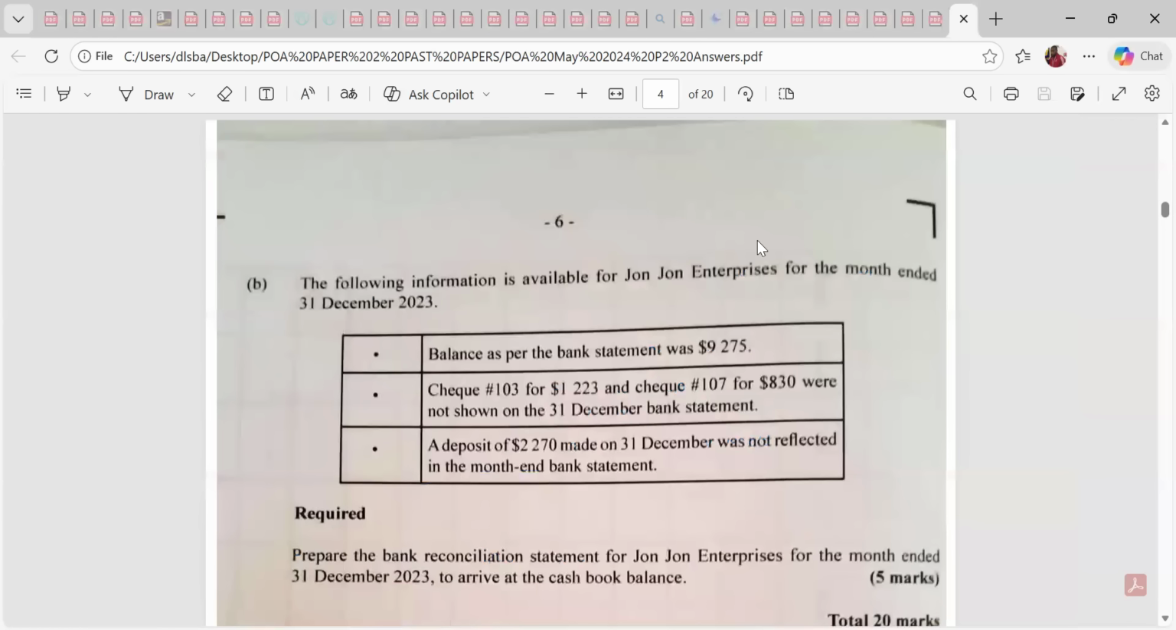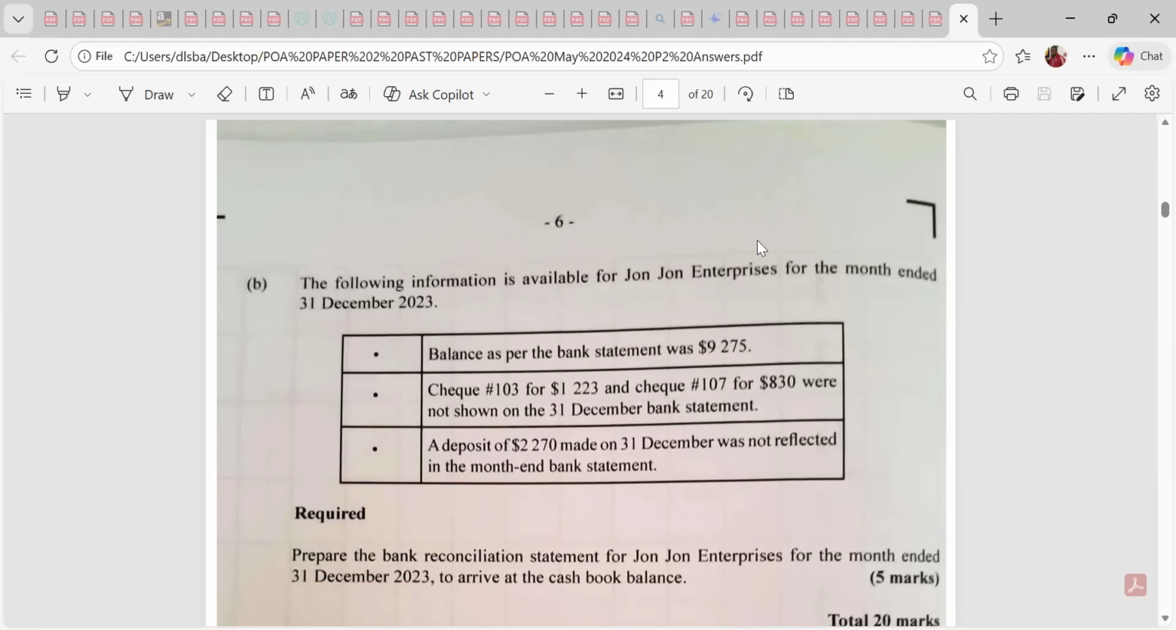All right. The following information is available for John Enterprise for the month ended 31st of December. As soon as I see balance as per bank statements, I know there's going to be a bank reconciliation question. So the balance as per bank statement,